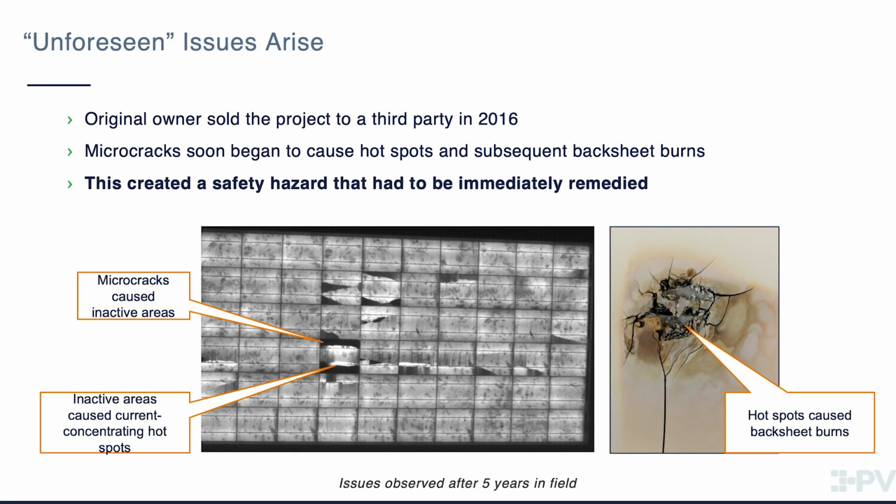The problem? They then pulled some modules and had them tested in a lab, and they saw that there were these micro cracks in the module, and in some areas the micro cracks caused isolation of the cell, and not only does it cause power loss, it causes the current to concentrate in certain areas. So this cell here with the arrows going to it, all the current of the other cells is forced into about 2/3 of the cell rather than the whole cell. So that causes the cell where it's not dark to be extremely bright, and that brightness leads to hotspots,